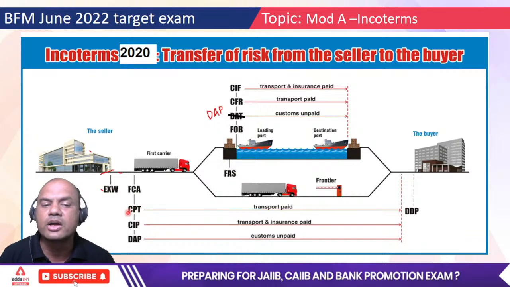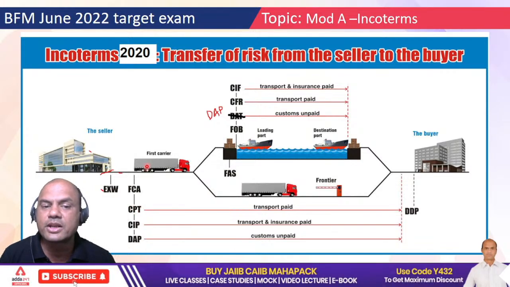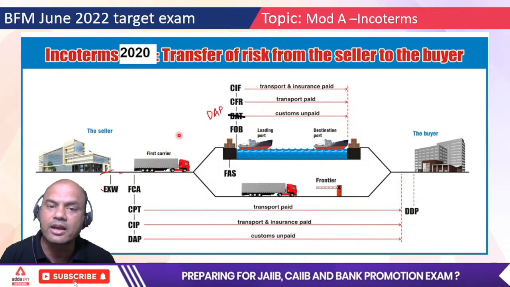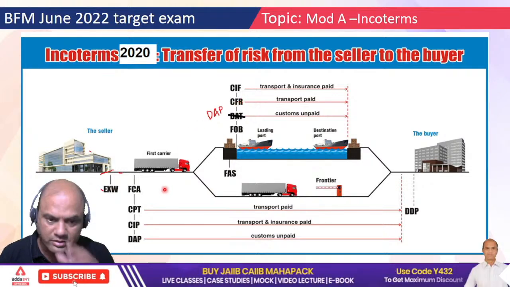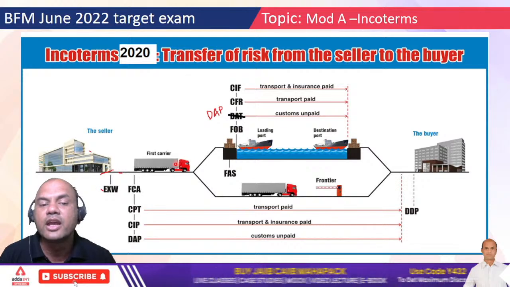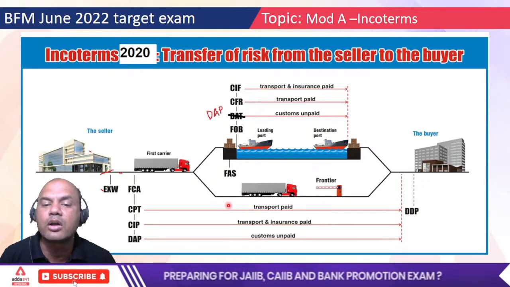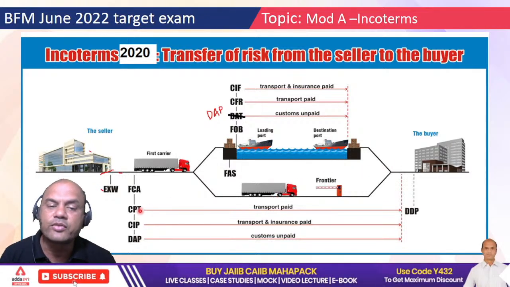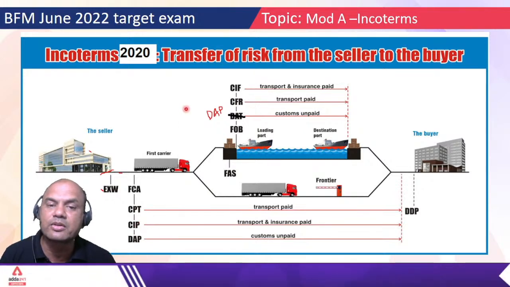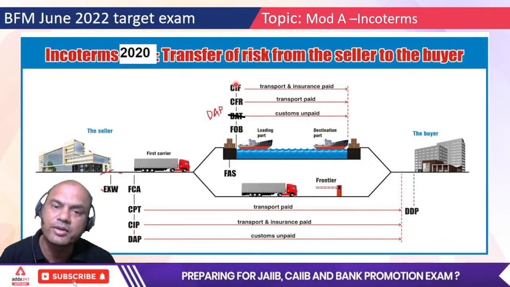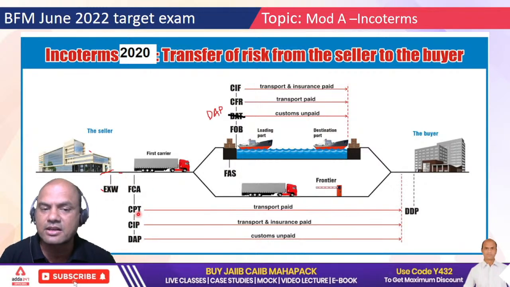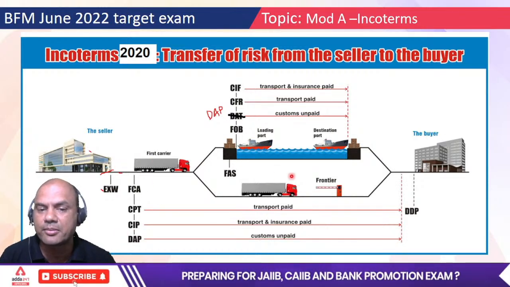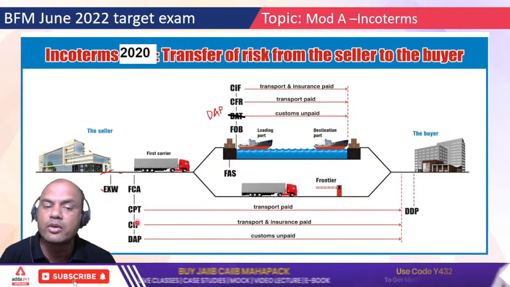Second is CPT, cost and transportation paid. Transportation means I load the goods and buy the ticket of this truck, the charges of the truck. So here again it is similar to CFR. Here also, if I bear CPT and an accident happens to this truck, that is not the responsibility of the seller, that is the responsibility of the buyer. Now CIP means similar to CIF, cost, insurance and freight, but here it's not freight, it's truck charges. So if some accident happens to the truck in between and the goods are damaged, the insurance is to be borne by me only, the seller.